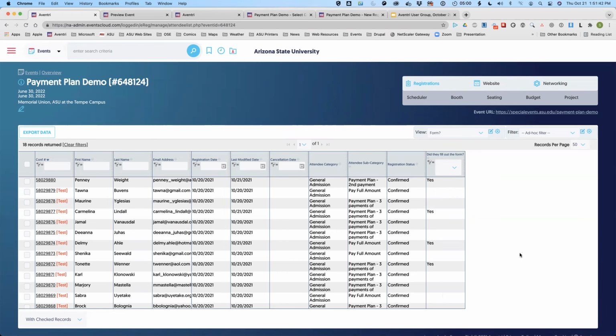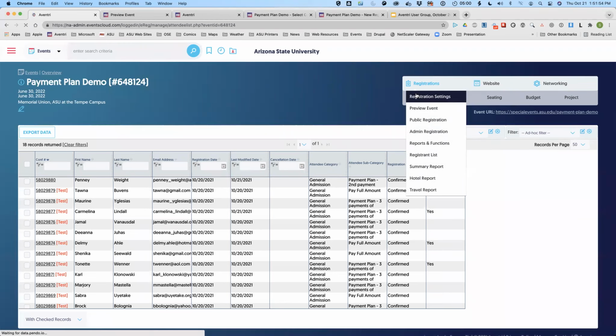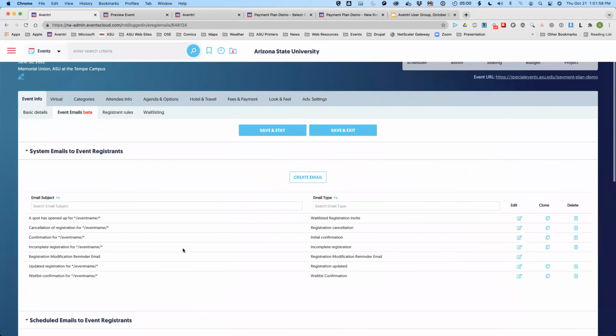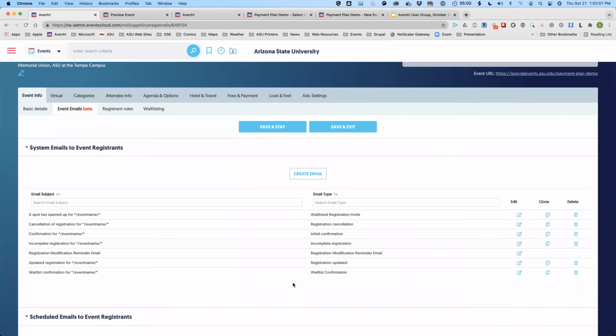I did have an inquiry. I know within the event email system, there's obviously the confirmation email that's already baked into the system, and I see there's a second confirmation email. Is it just basically another email, or is there something else that would trigger that to go out or not go out? We're just wondering what makes the second confirmation different than the first one? As far as I know, system wise, there's no difference. I think it's just more to keep an event coordinator's head straight.